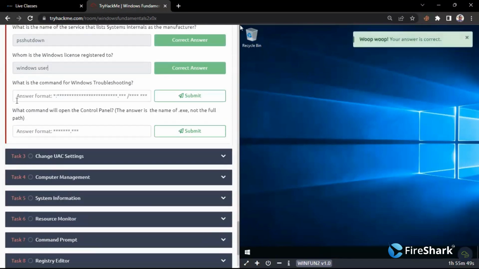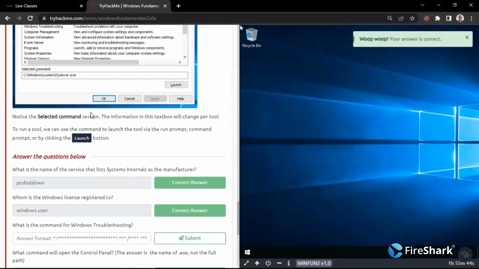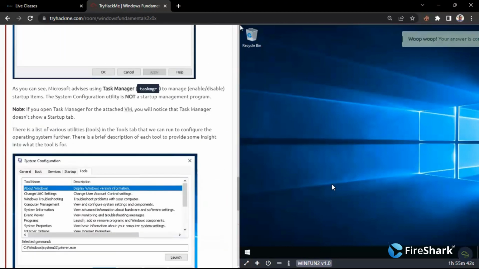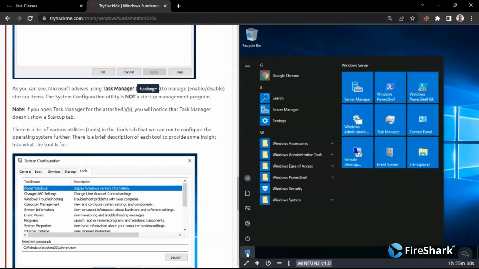And here it is written: what is the command for Windows troubleshooting? So when you look at the system configuration,